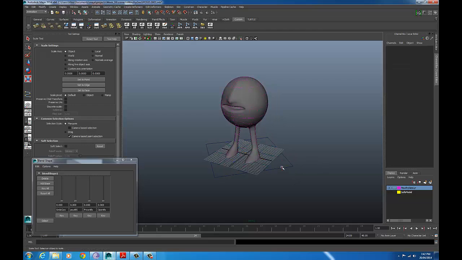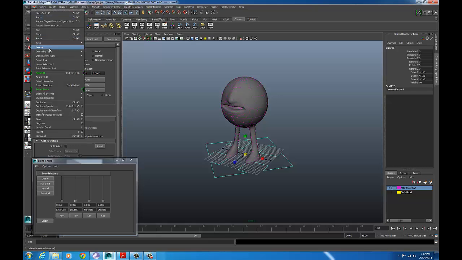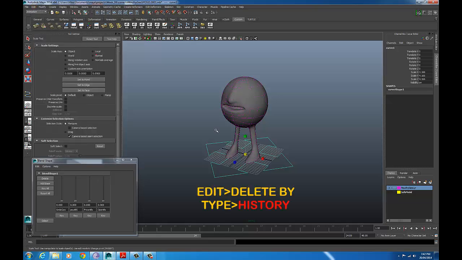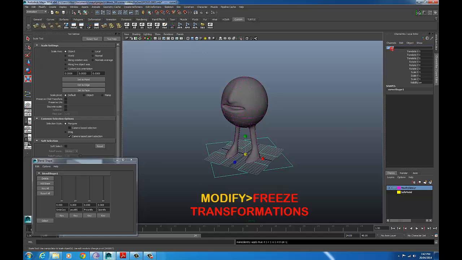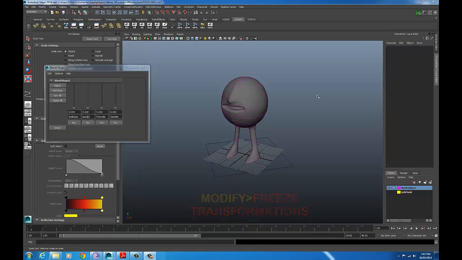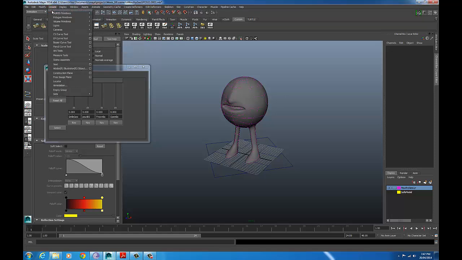So once you've set the size and you're happy with it, make sure you delete by type the history and freeze the transformations on the controller. You want to give it a title, so I'm going to call this Master CTRL. So now that we have the master created, we're just going to create 4 more control handles to control the 4 existing blend shapes. So I'm going to use a Create, NURBS Primitives, Circle,